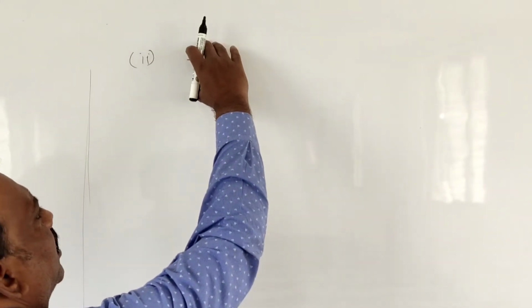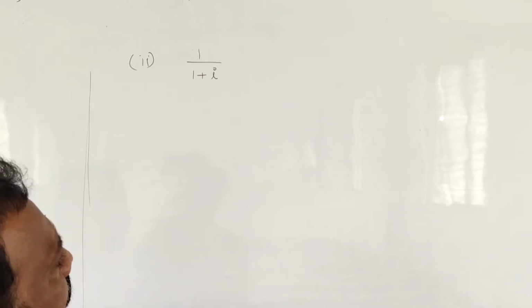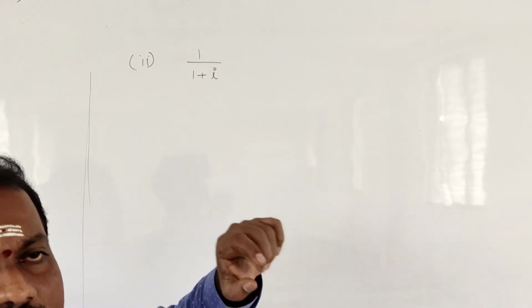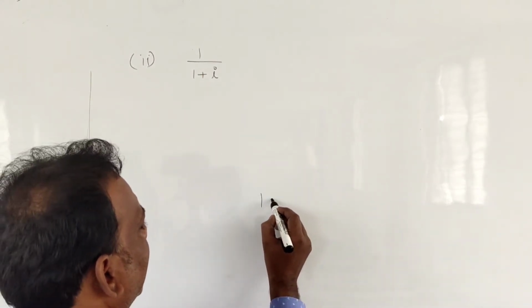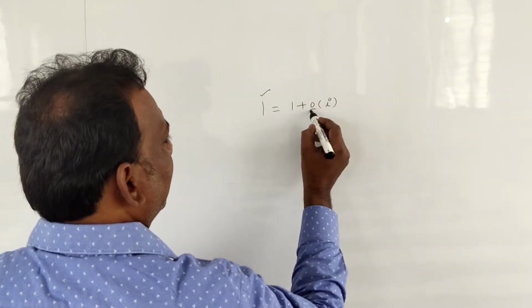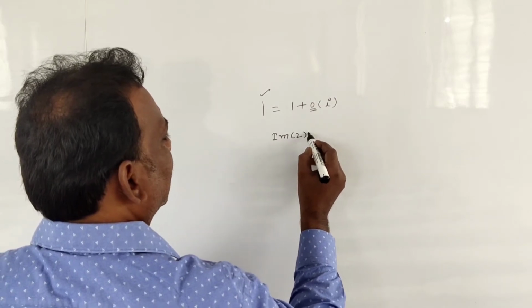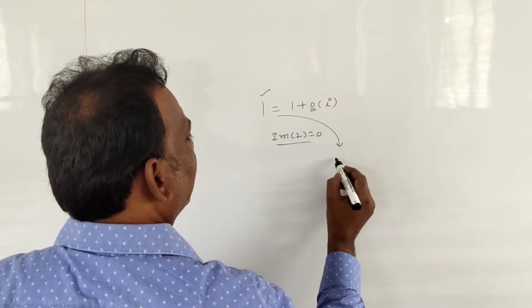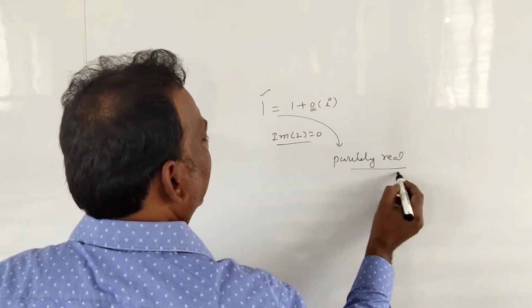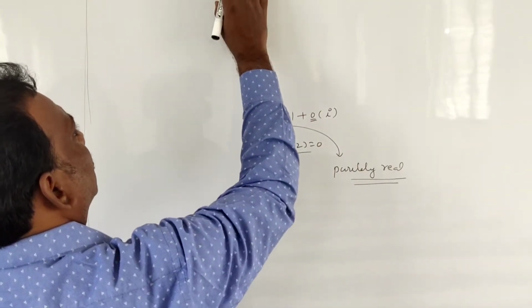So one more subdivision in problem number 4, they are asking the argument and modulus of a complex number. This is the given complex number. It is also in fractional form. Why? Because the numerator is also a complex number. Don't get confused: 1 is also a complex number, but its imaginary part is 0. 1 means I can write 1 plus 0 into i. So it is also a complex number, but here the imaginary part of z is 0. That's why we call this complex number purely real. Purely real. So it is also a complex number.